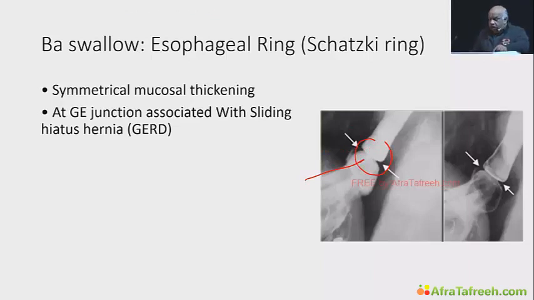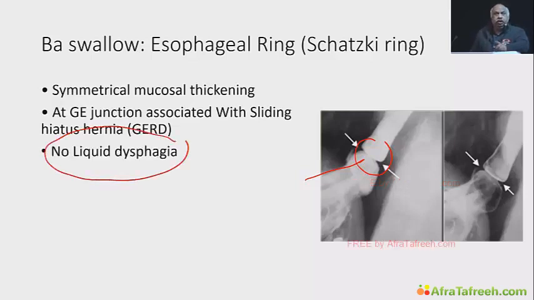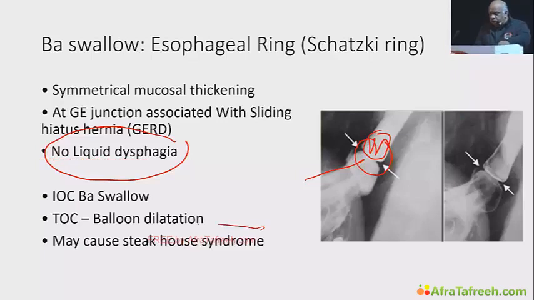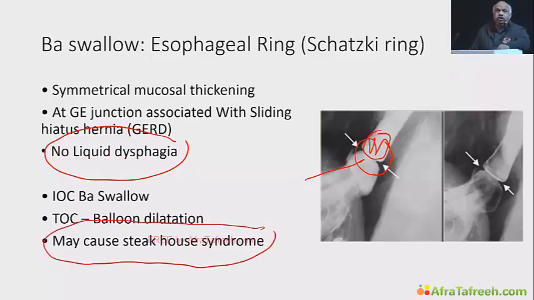hernia. Now, one point you need to know, there is no liquid dysphagia. Either liquid dysphagia is absent or 10% of patients may remain asymptomatic. So only solid dysphagia. If the patient has liquid dysphagia, then Schatzki ring is not the cause. And sometimes the food bolus may get stuck here, and that's called Steakhouse syndrome. So Steakhouse syndrome has a few causes, in which Schatzki ring is the most common cause, followed by DES. This is another question. The most common cause of Steakhouse syndrome is Schatzki ring, followed by DES, that is diffuse